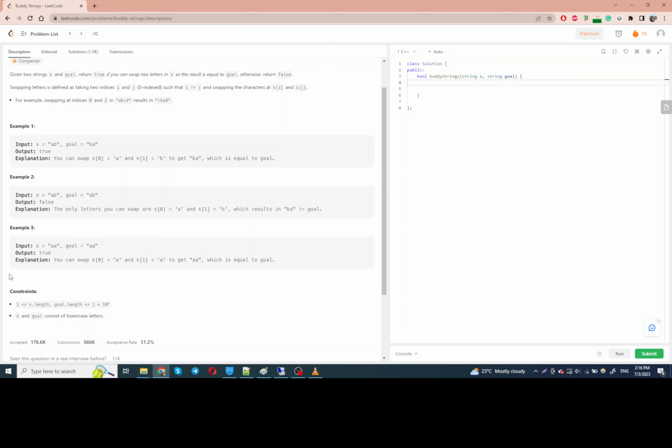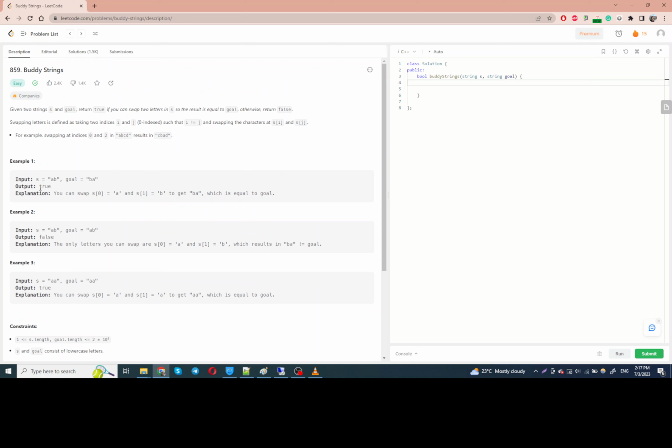And finally, the fourth question that I would ask, and it's very relevant in this problem, is the following. The statement never mentions that the strings S and goal have the same length. So is it true that they have the same length? Is it always true? And our interviewer says, maybe not. Maybe we do not always have this condition satisfied. So you have to handle it in your code. And then I say, okay, fine, I will handle it in my code. So let's look at the solution